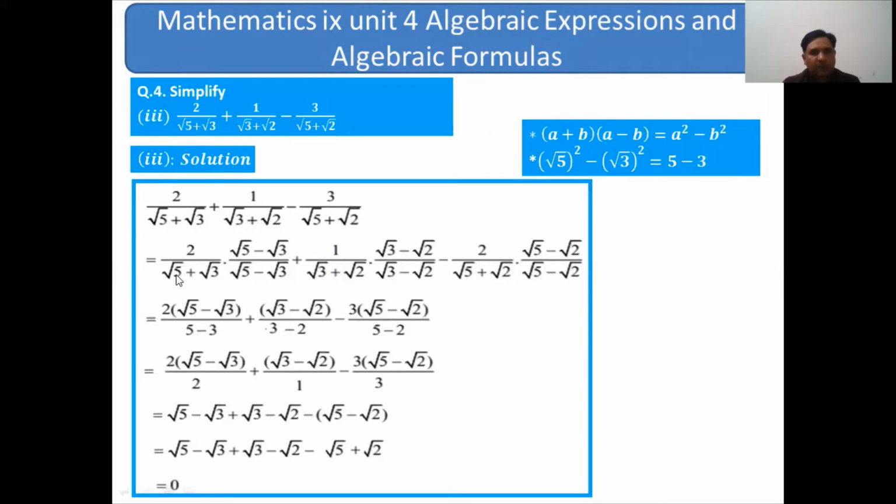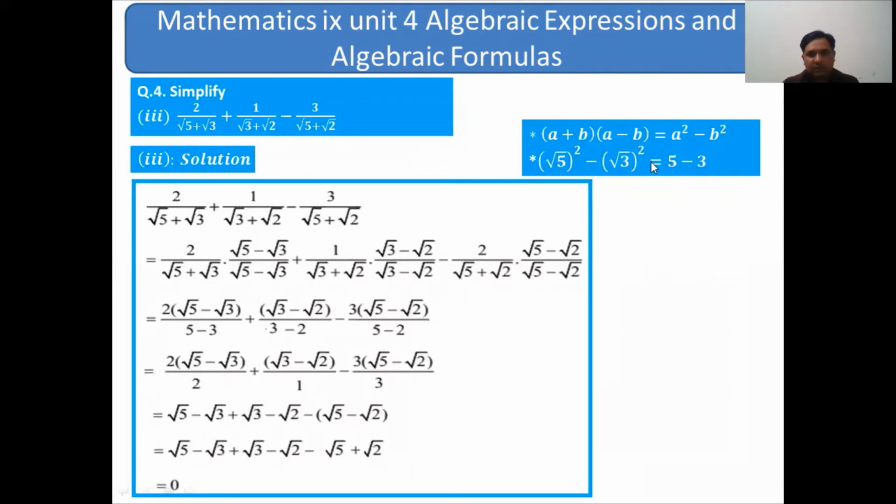So now we can use the formula (a plus b)(a minus b) is a square minus b square. Here is square root of 5, and this is square root of 5 plus square root of 3. So square root of 5 whole square minus square root of 3 whole square. So this square cancels out with this one. We have 5 minus 3. So we can write here 5 minus 2. 5 minus 3. So here to multiply with this binomial surd.